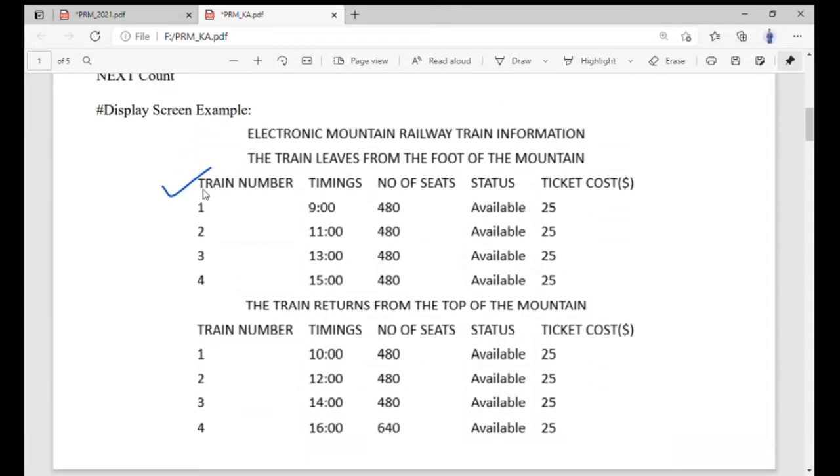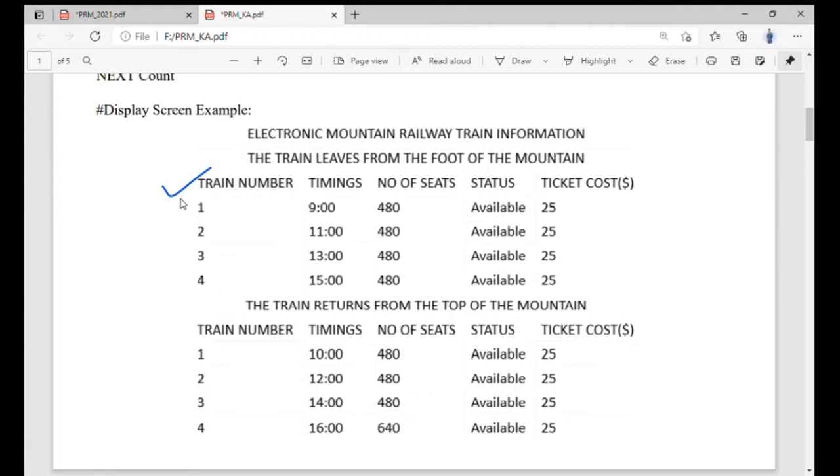It shows the train number, timings, number of seats, status and ticket cost. Notice that I predefined the train number as a tick, because I am going to use the train number as a primary key throughout the solution to call, store and update the information. So just remember the train number, because in Task 2 we are going to use it to feed the information.